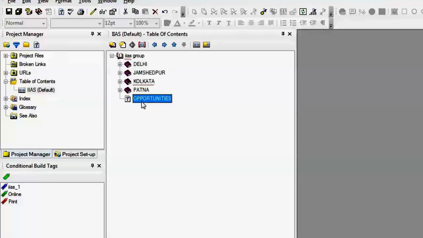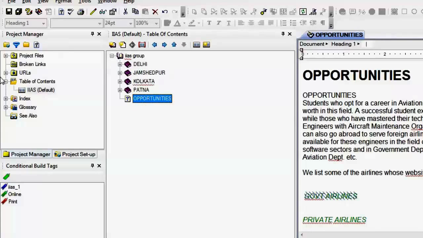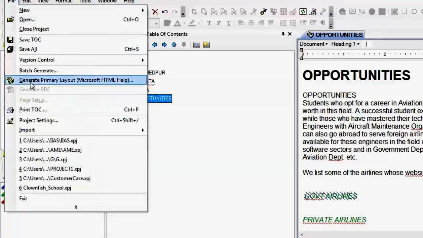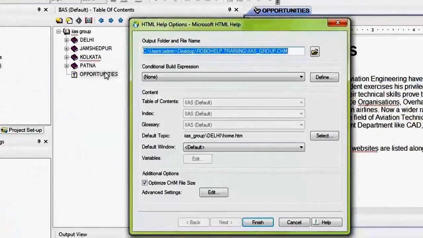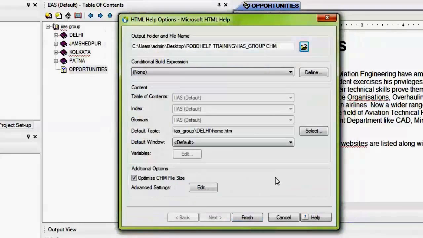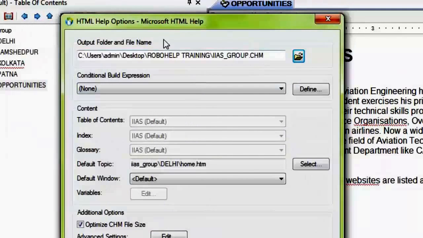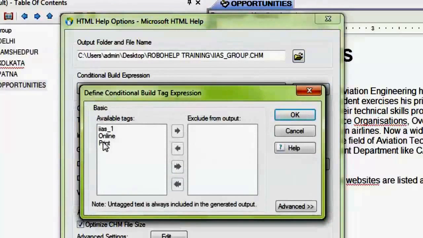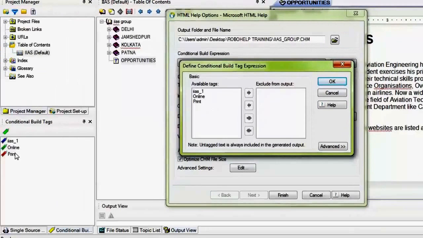Now I have to generate a primary layout. So I'll generate a primary layout. Now in this window, see here, conditional build expression. Here you have to define your conditional tag. Just click on Define and you can select your conditional tag. You can see all the conditional tags are present.